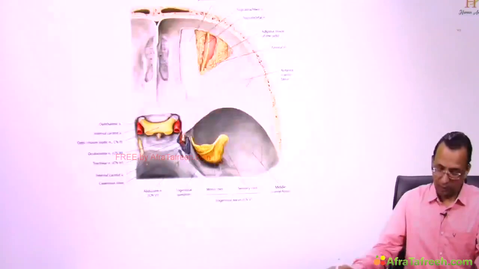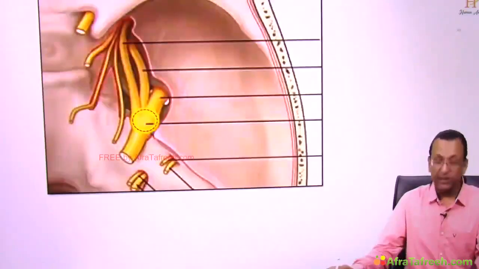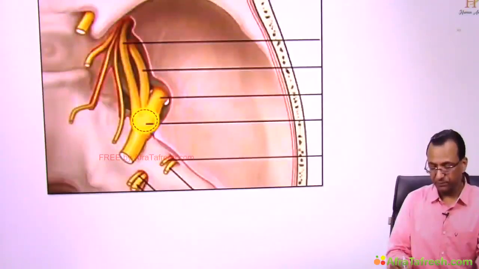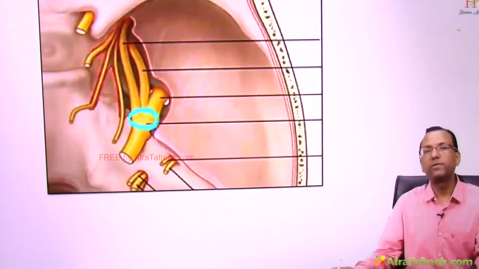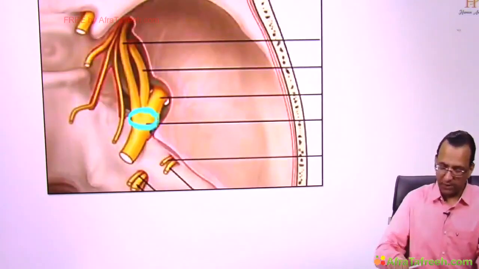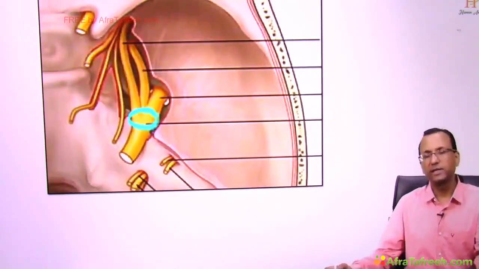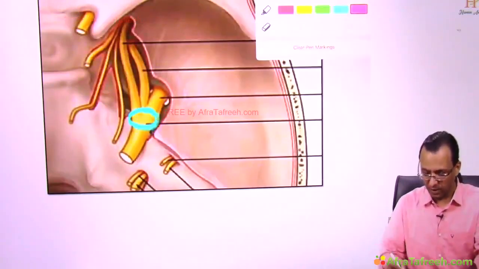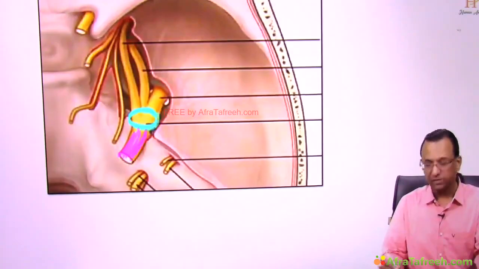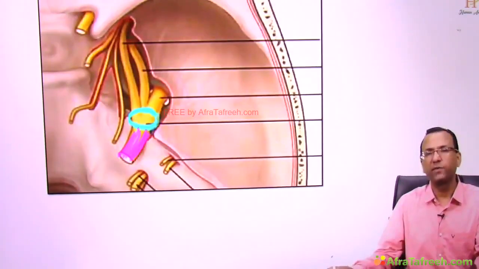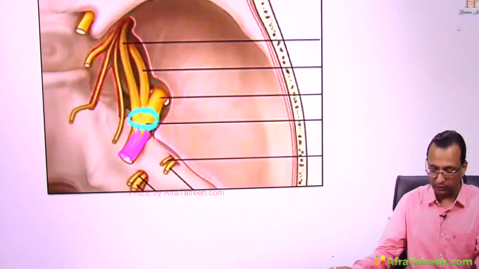Okay. You will now look at this trigeminal ganglion. Where? At the floor of the middle cranial fossa. This is the thickest cranial nerve? Yes, it is. The trigeminal nerve is the thickest cranial nerve. This is the trigeminal ganglion at the floor of the middle cranial fossa, giving 3 branches, which are 5, 1